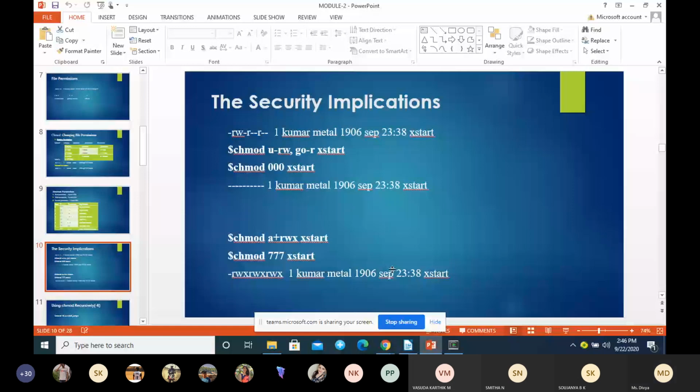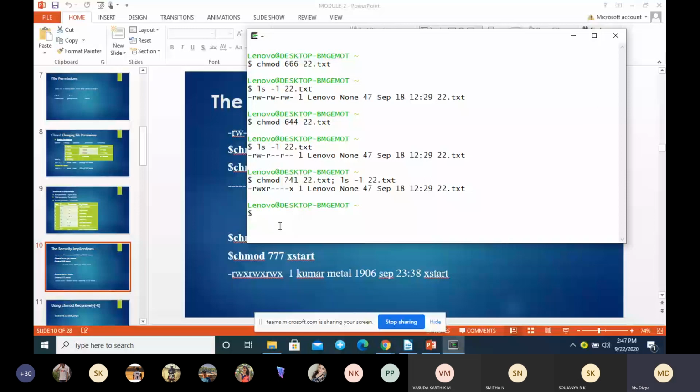You can see here: chmod u-rwx,g-r,o-x. What type of permission is this?